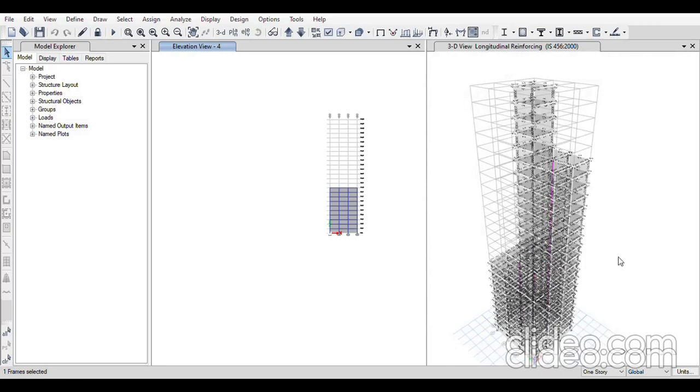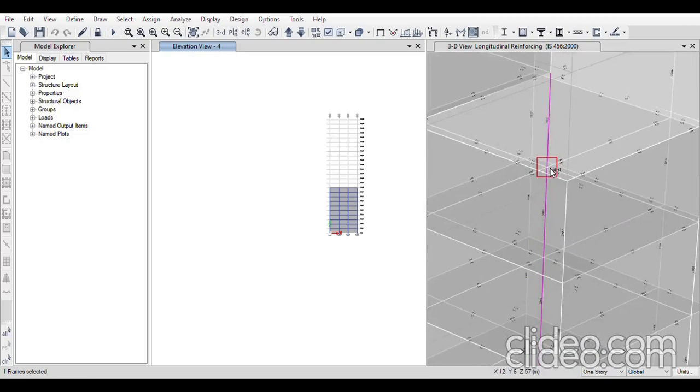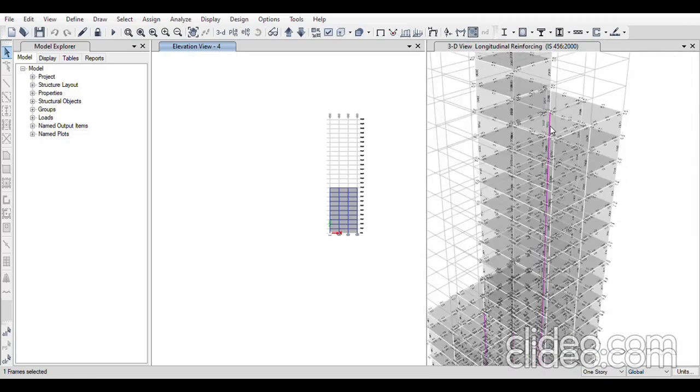You can redesign it by changing the material properties, or if I had completed the design check for all the members, even this member would not have failed. So after checking, I'll again make the start design check so that even that one member will not fail.